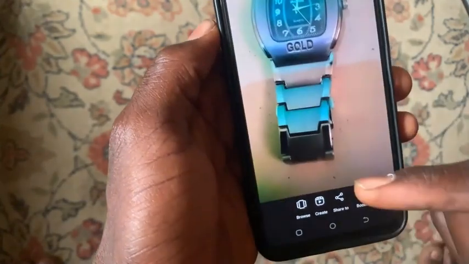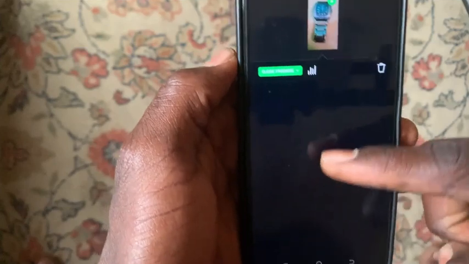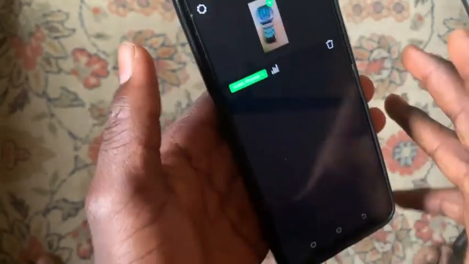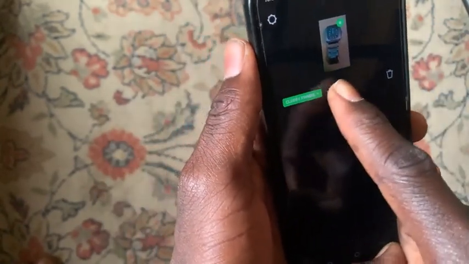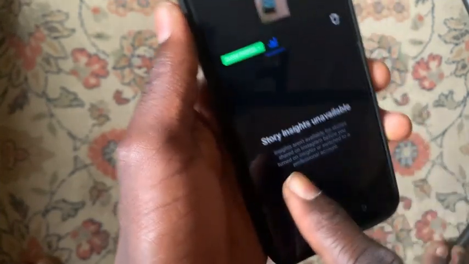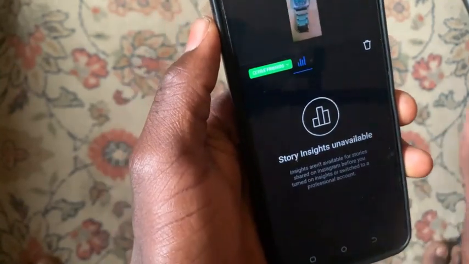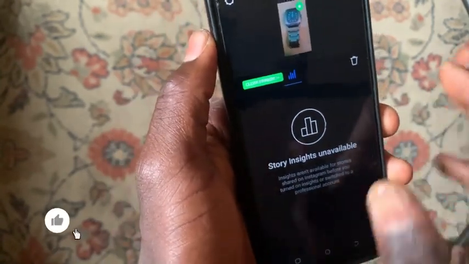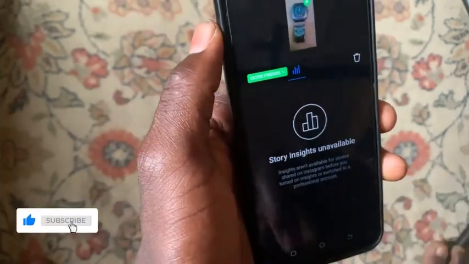So after you tap on the highlight, swipe up like this. As you can see, by swiping up like this, if anyone is stalking you, you'll be able to see their information in this section. As you can see, under this, if you tap on views, as you can see, Story insights unavailable. If there is someone stalking you, as you can see, if you come to the highlights, tap on this, this view section, you'll be able to see the list of the people that are stalking you